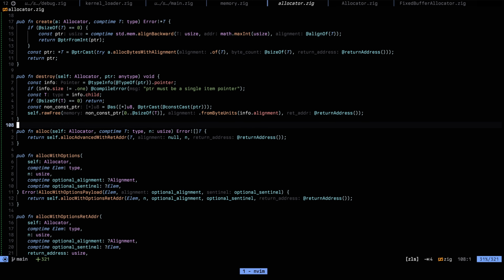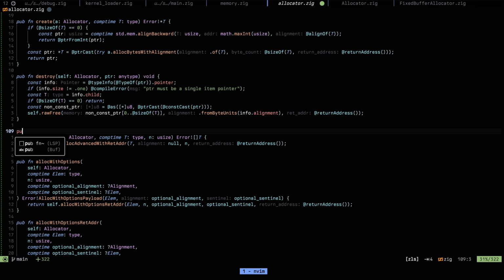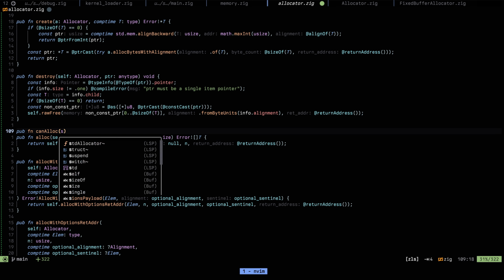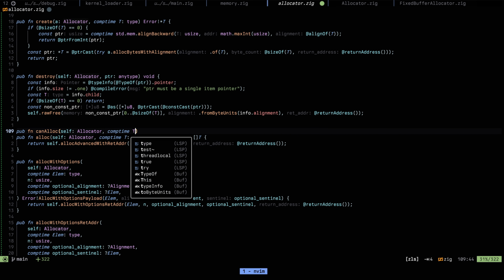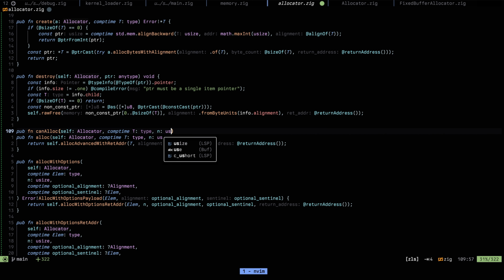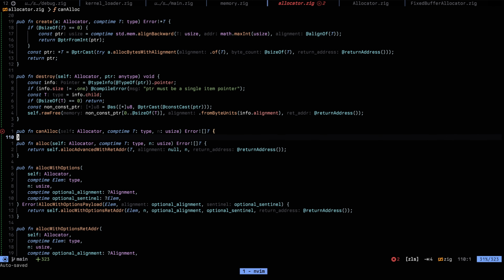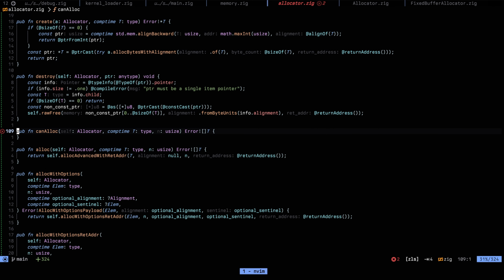Yeah, sure. And just before this, we can just go ahead and do canAlloc. So self takes in an allocator, a comptime T, which is a type, and a usize, which is the number of the things we want to allocate. So that means that we also need a